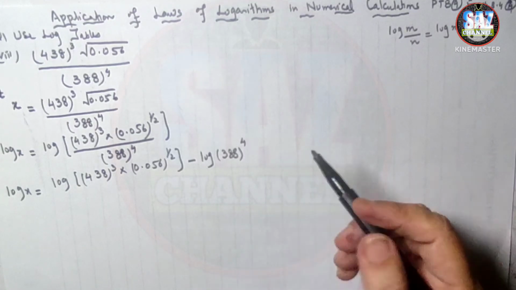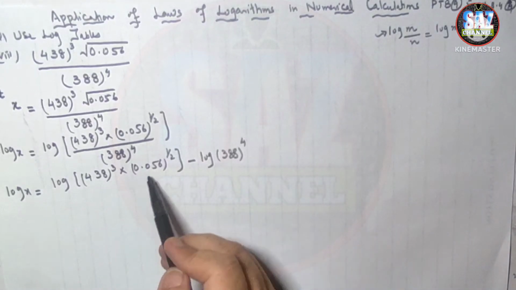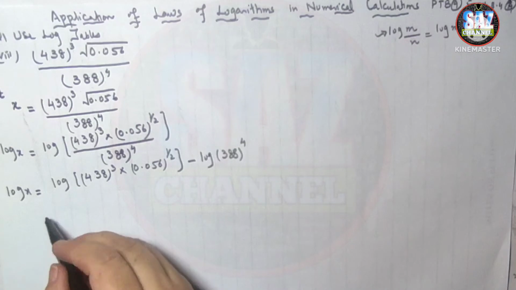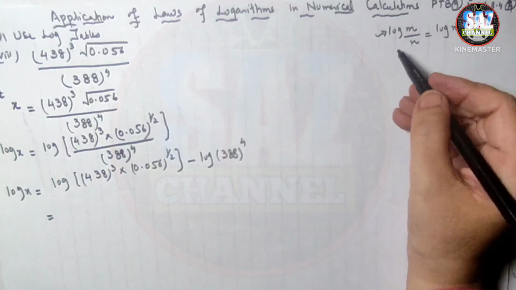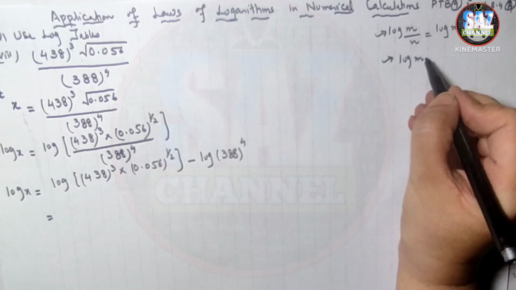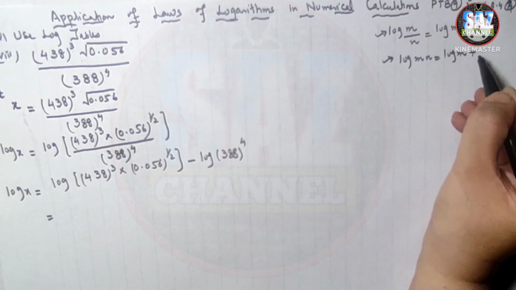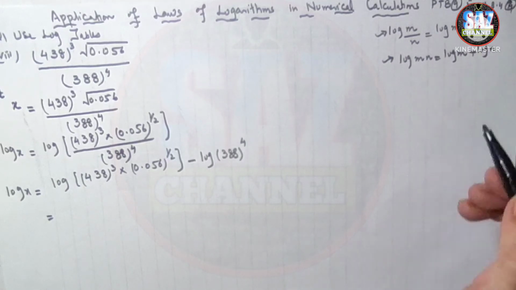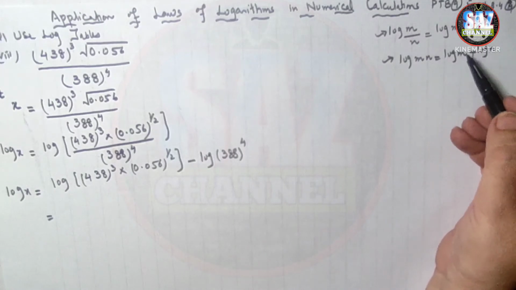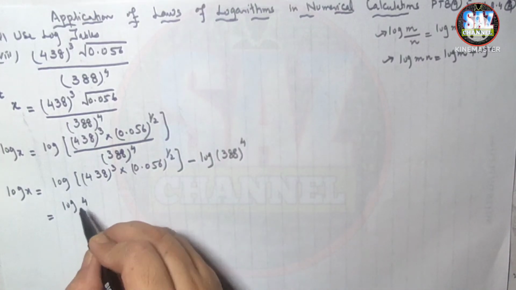One of the laws we have applied. Now if we look at this part of the question, it contains the product of two numbers. So the second law that we are going to apply is log of m multiplied by n equals log of m plus log of n. That product law of logarithm of two or three numbers says that we have to take the sum of their individual logs, and log 438